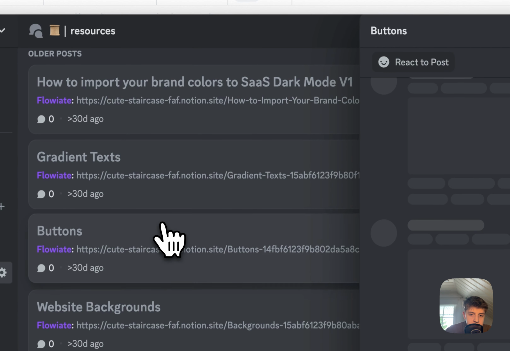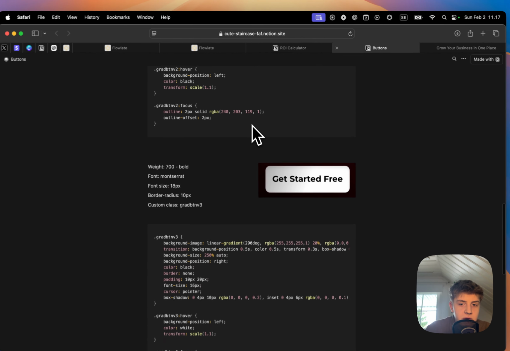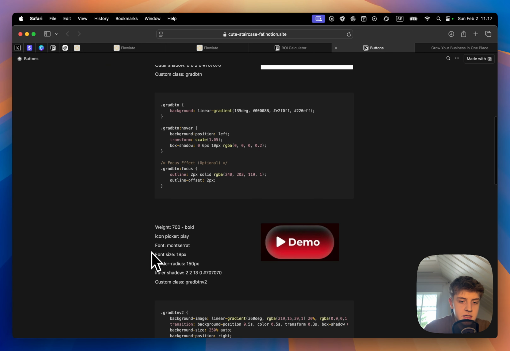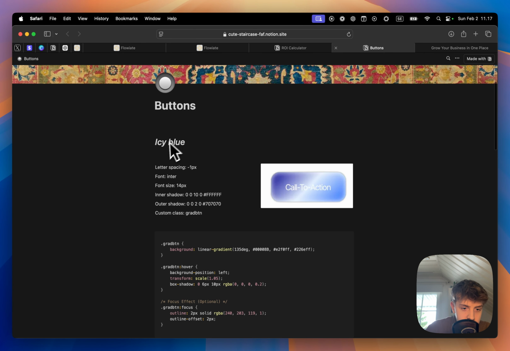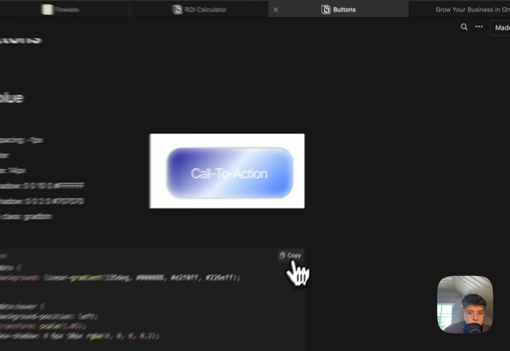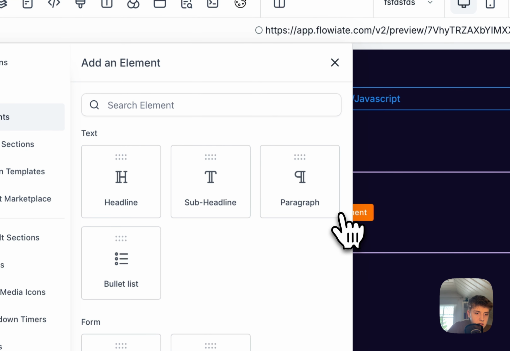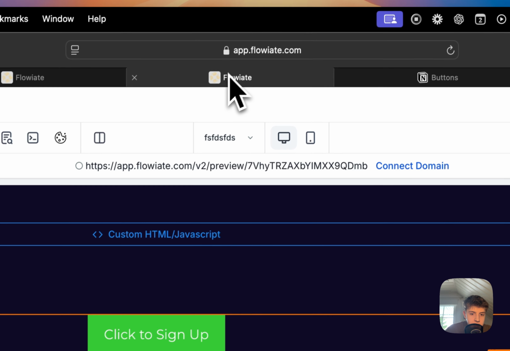So just go to the resources section once again, go to buttons, and there's a lot of buttons. I'm just gonna keep adding more and more, but for this example, let's do this one, this icy blue one. So just copy the code, go to your website, make a new section, make a new row, add a button, letter spacing negative 1, font Inter,